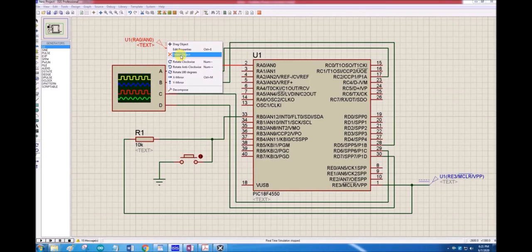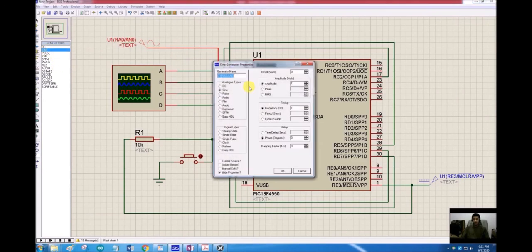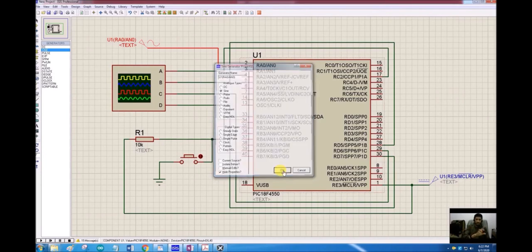Let me change this DC source to an AC source, to a sine wave. Let's connect this sine wave here, the peak amplitude is 5 volts in my case, the offset is 0, and the frequency is 1 Hertz. So the analog value is continuously changing in this case.